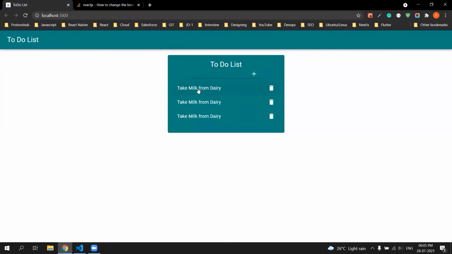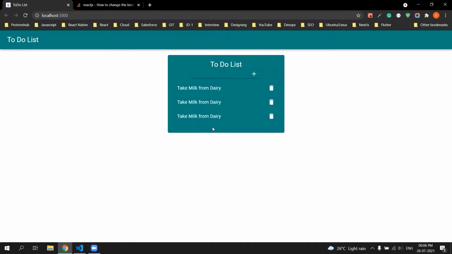Like we haven't added the white color in this text and the delete button. So I've made it easy for you guys. I'll push the code. I'll share the code with you so that you will get how we did it. I did it by using styles. I've created a class, added CSS over there, and added the class in my particular component. So it's pretty easy.